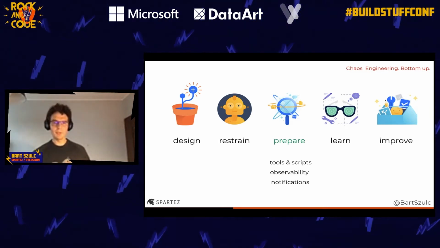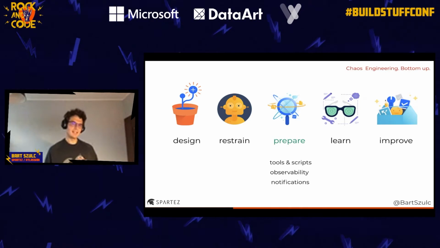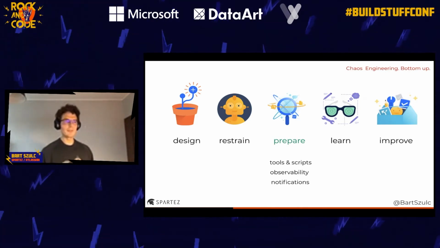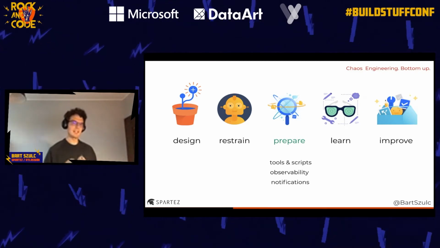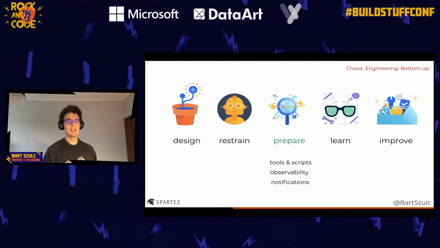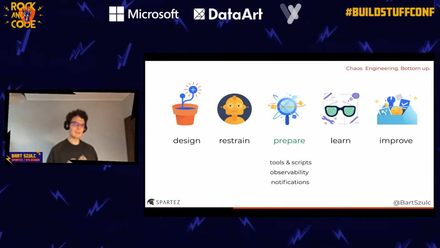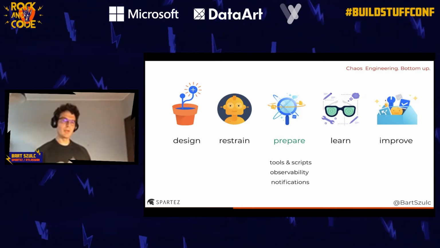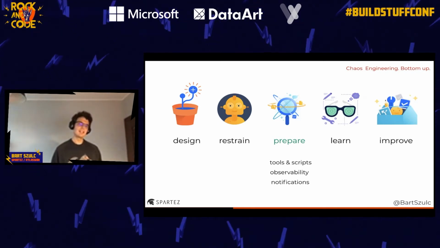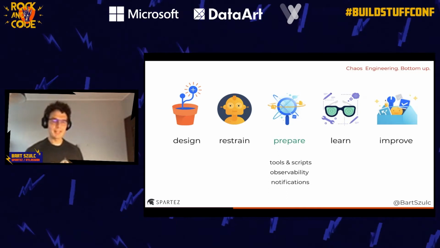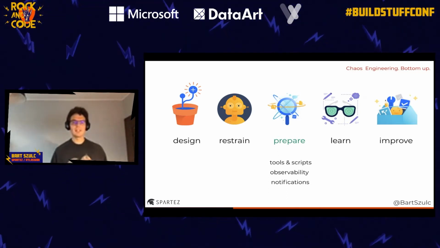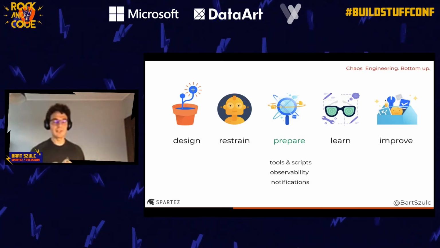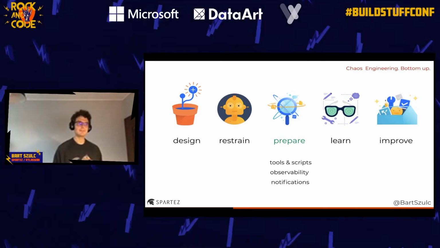So we know that we want to observe steady state. In order to do that, we need to have some kind of charts. We need to have signals generated that are gonna tell us what is the current state of the system. And this is also a phase where we inform other parties that we are gonna experiment with our product, and that they need to be prepared that something can go down if things go not as planned.